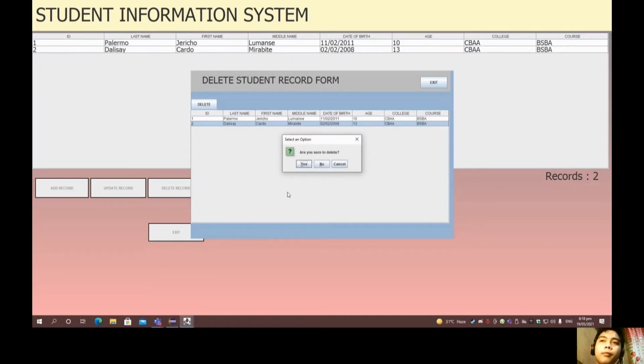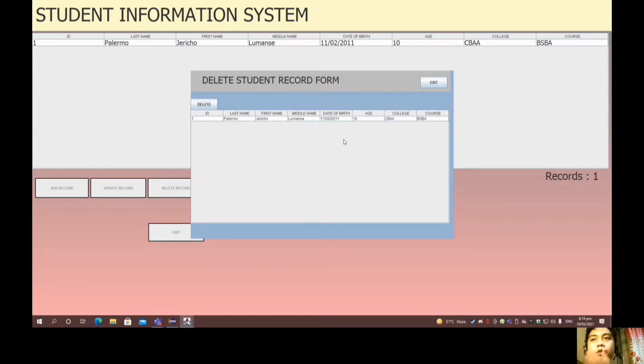Our program asks the user, are you sure to delete? Because sometimes the user makes a mistake and clicks the delete button by accident. So if the user really wants to delete it,